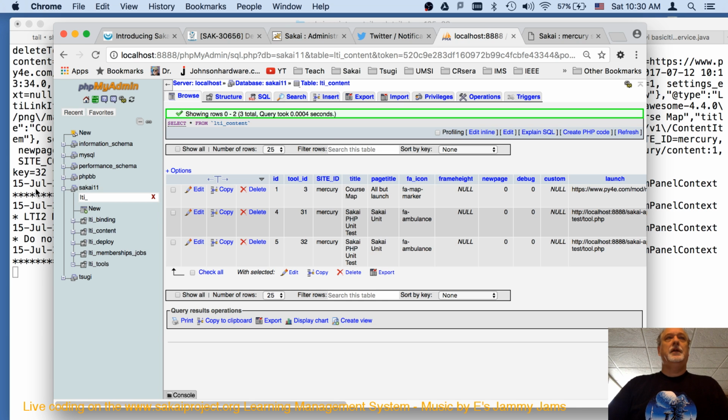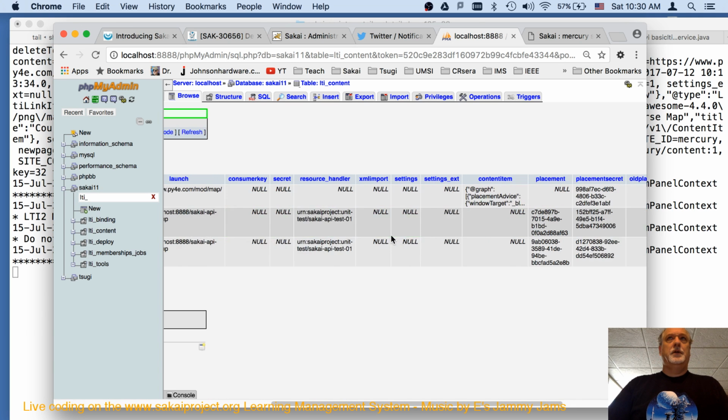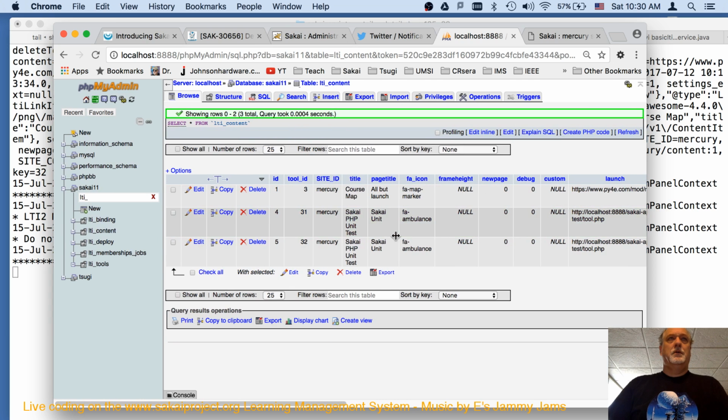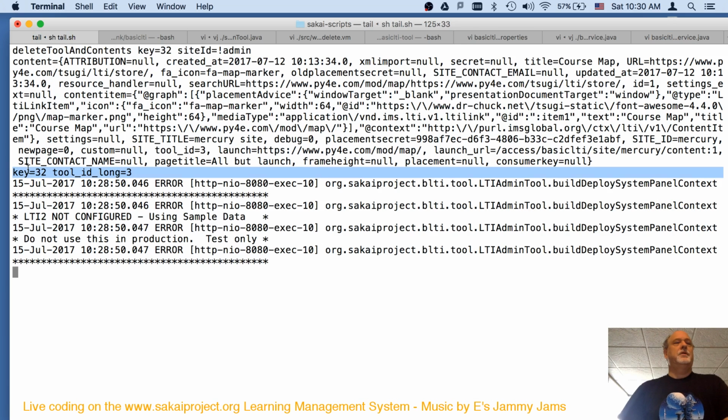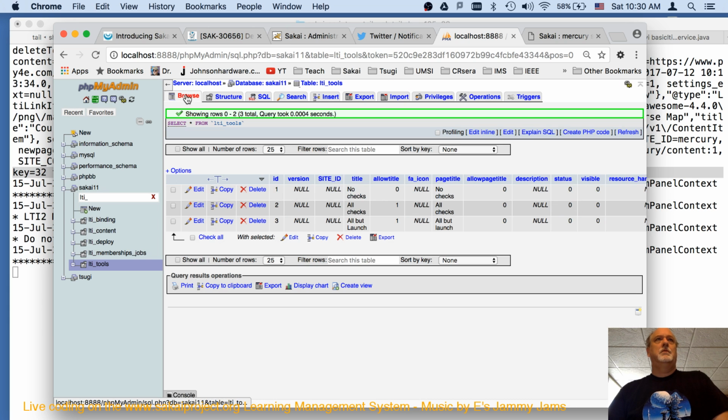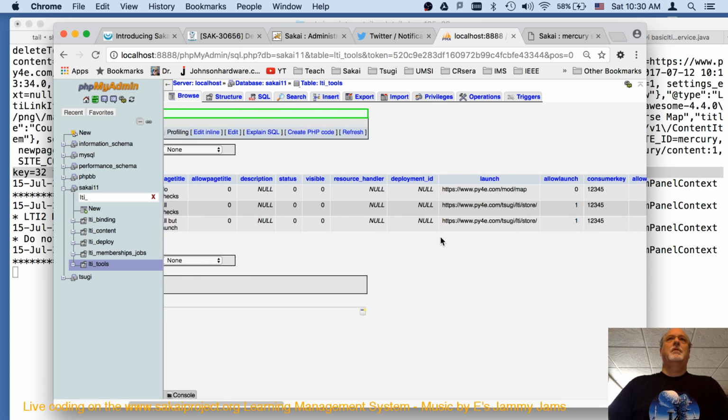Okay, that's tool ID long. Keys 32. Okay, well.